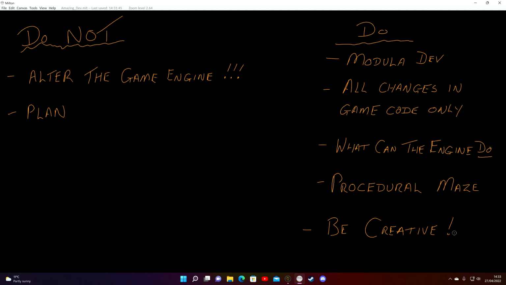But to do the maze, you need to know the rendering. Do you? Really? Actually, you don't, because it's modular development. Creating the maze and rendering the maze are two totally separate development processes. But how do they talk to each other? Well, that's what you work out along the way.